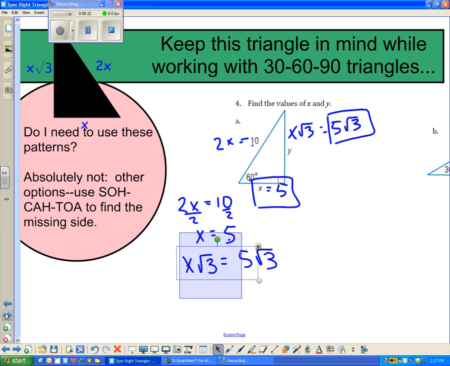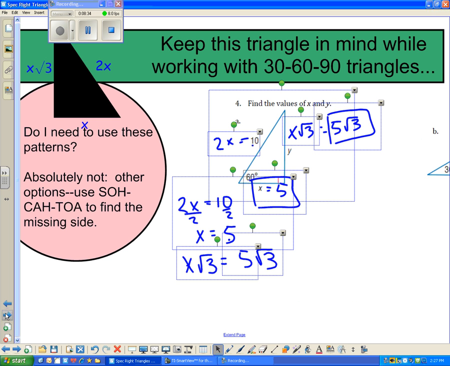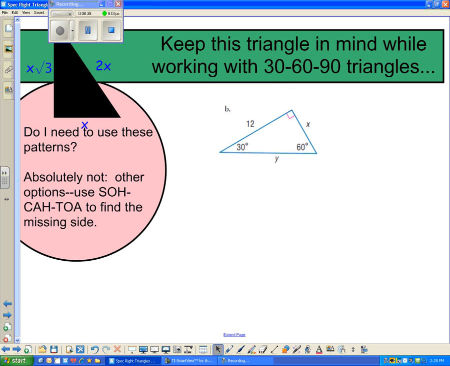In part B, now I am missing the hypotenuse and the x term. So that means if this is the hypotenuse, that has to be 2x. That's x, and this is x root 3. So we're back to that problem of having 12 equal x root 3 and having to rationalize the denominator. Because what happens here is I have to divide by the square root of 3,